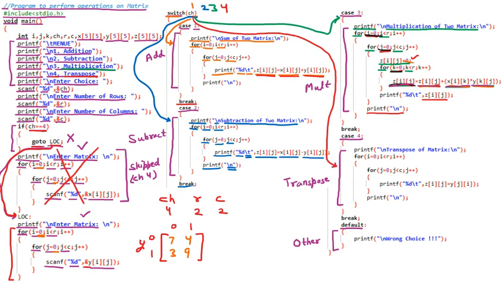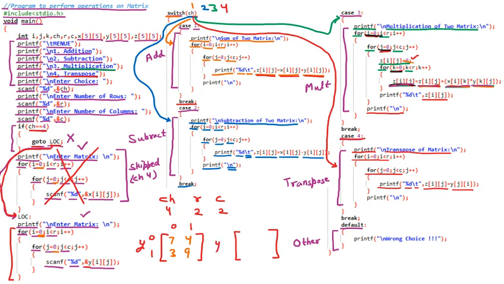Now in this case 4, it is saying on the user screen printf transpose of matrix, means finding the transpose. For i is equal to 0 to R, for j is equal to 0 to C, means from rows to columns we are working. We are saying printf %d \t Zij is equal to Yji, means columns will be rows and rows will be columns. That is what the transpose is. If we are going to find out the transpose of Y, what will happen? Then the transpose of Y will be like this. So this is the transpose of Y.